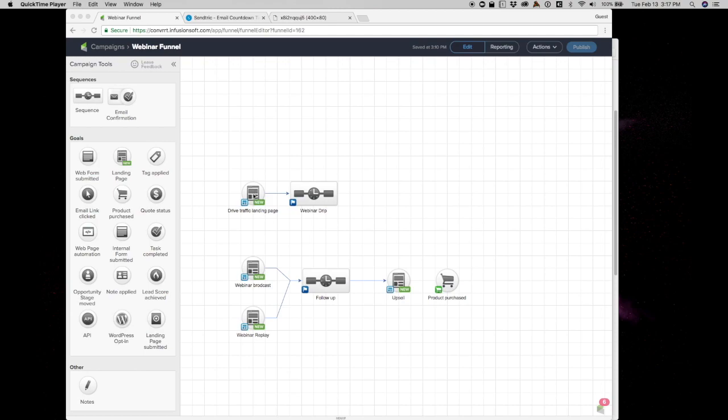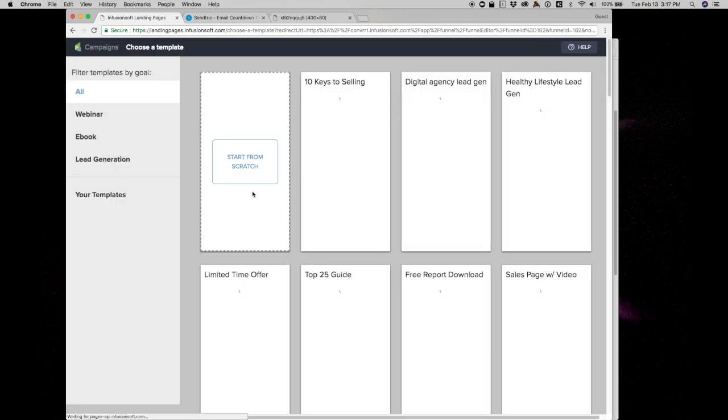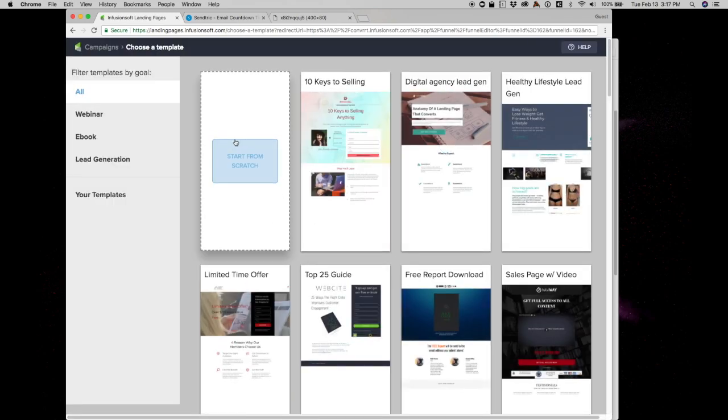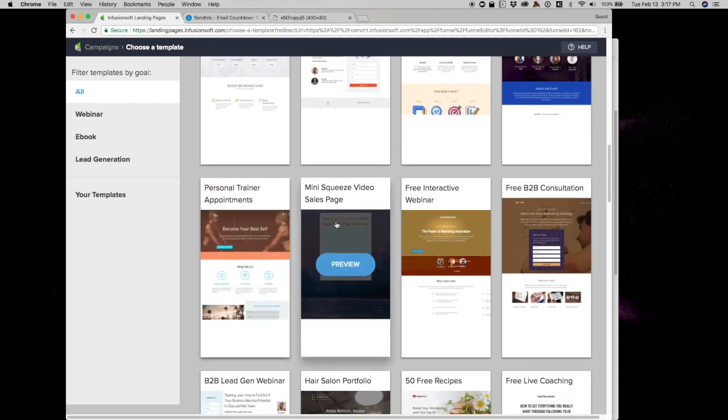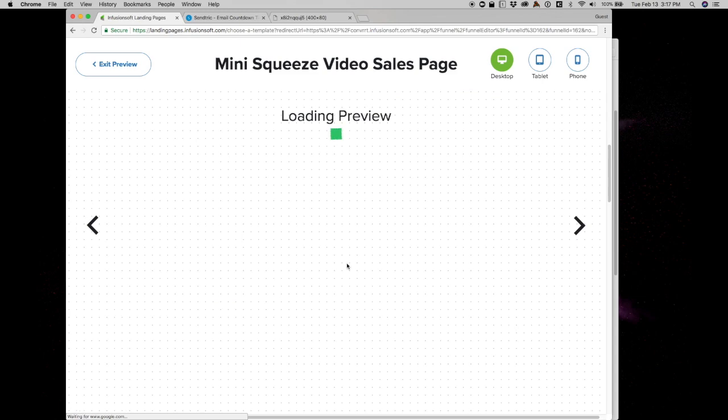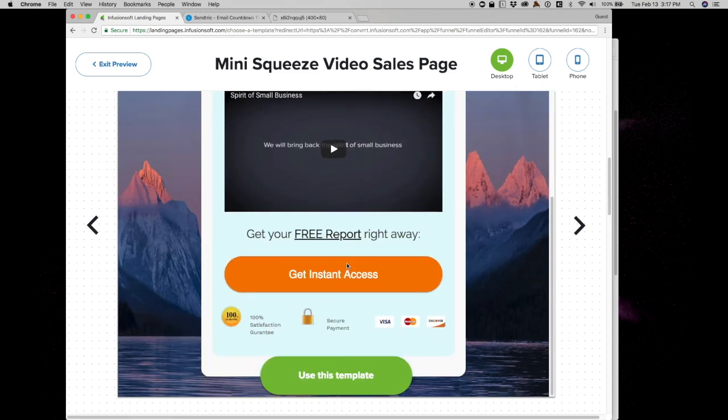Okay, so I'll get started by double clicking on this node, and by the way, nothing has been set in any of these, so everything is completely starting from scratch. I'll double click on this, and this will bring me to the marketplace for me to pick a landing page design. Usually I start from scratch, but there is one particular template that I like, which is this mini squeeze video sales page. Now I'll click on the preview of it, and you can see that